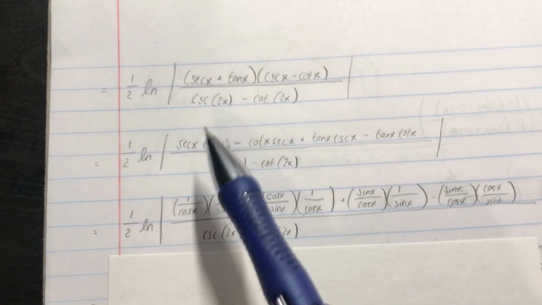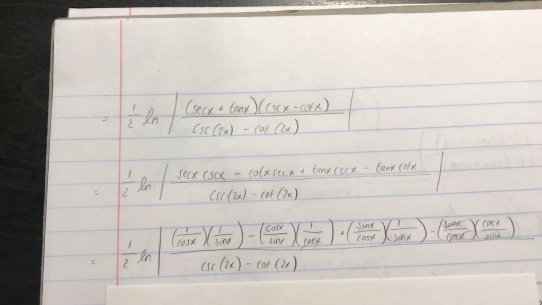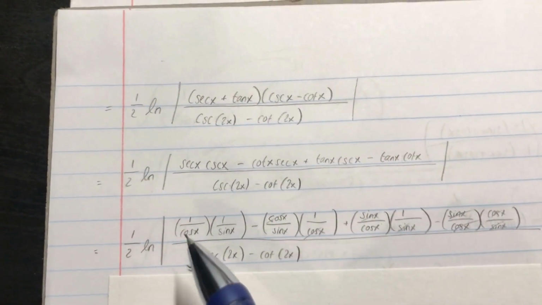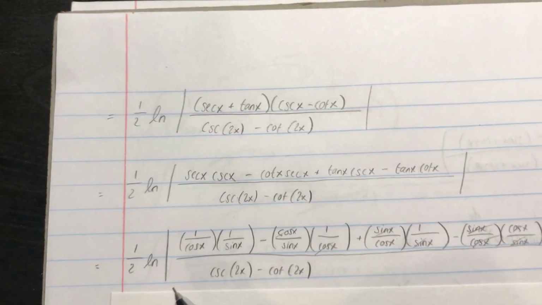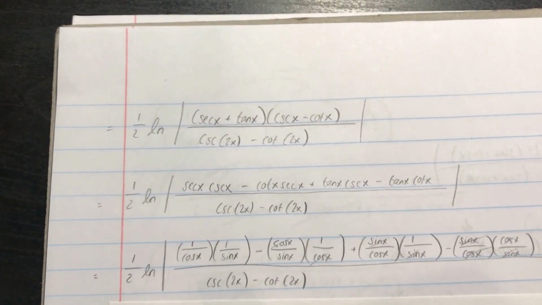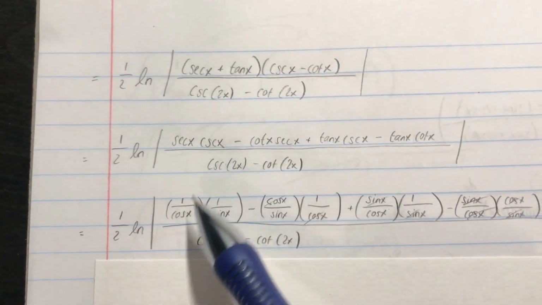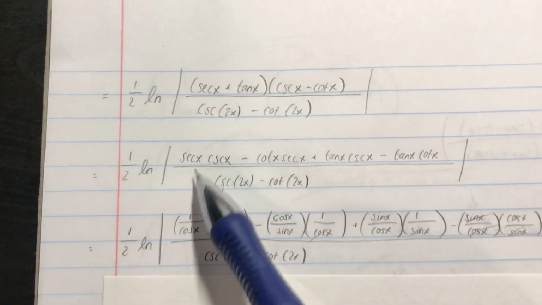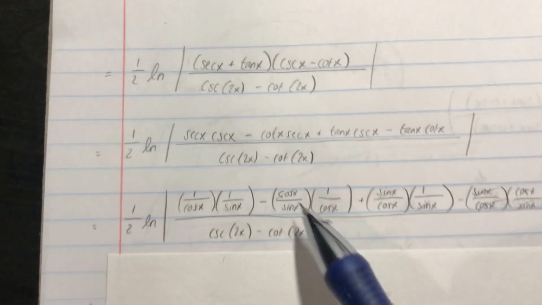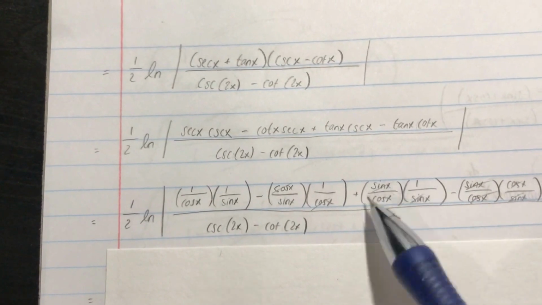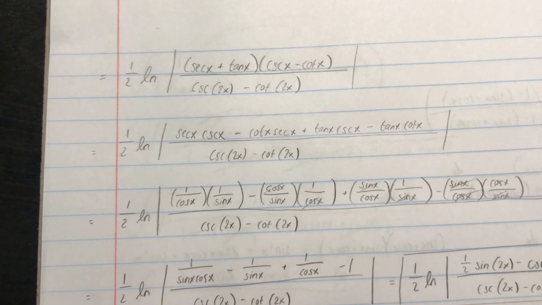We can go ahead and use the identities of secant, cosecant, and cotangent, all of the ones that we have here. And what we should get is what we have here in the numerator. And what we're going to notice is that a lot of these terms can actually cancel each other out, and we'll be left with an entirely different trigonometric function. Recall that everything I put in parentheses here corresponds to the term directly above it, or at least close to it, in this order. And when we go ahead and cancel out all of these terms that appear in the numerator and denominator when we're multiplying them,